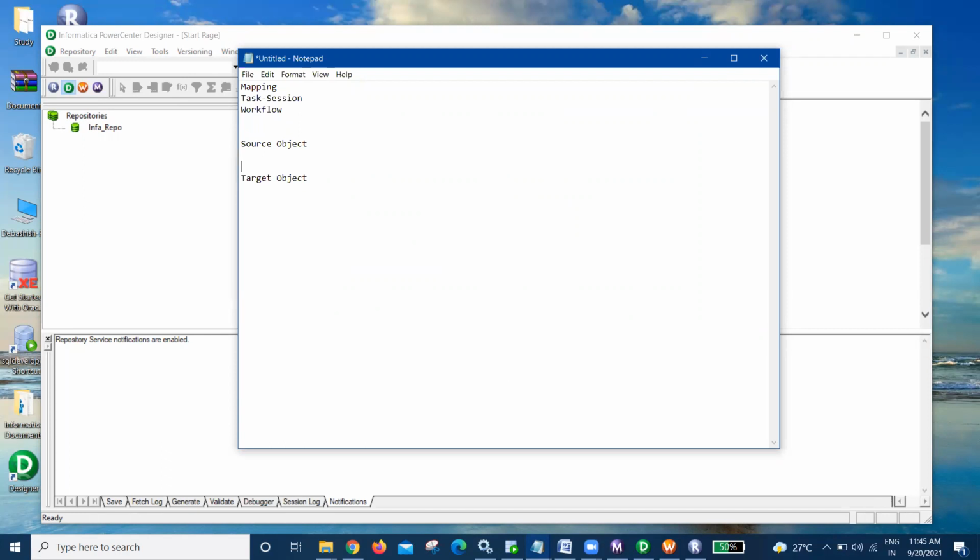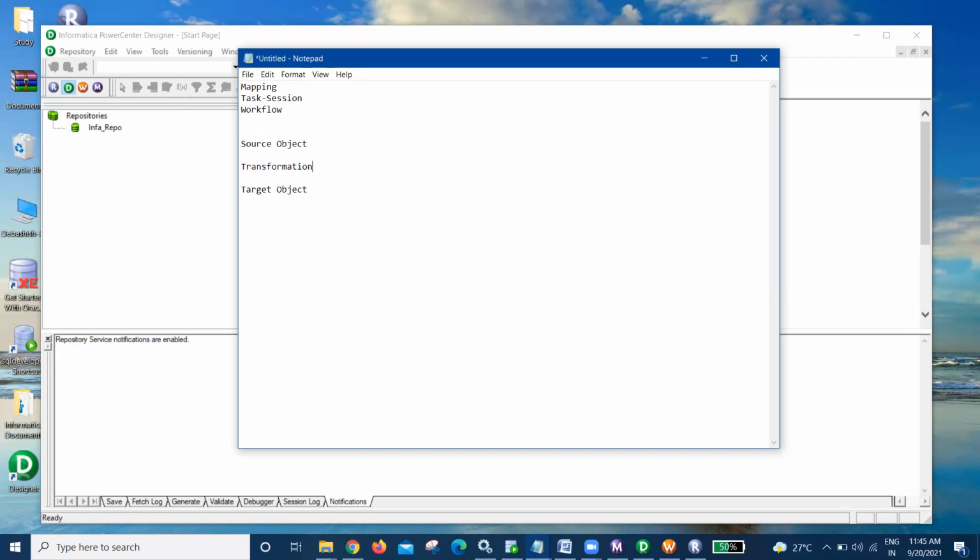Now, how do we transfer the data from source to target? We must have some different logic or functions defined to modify, change, or translate the data. That way we have the various transformations that will transfer our data from one medium to another medium and load it to the target.